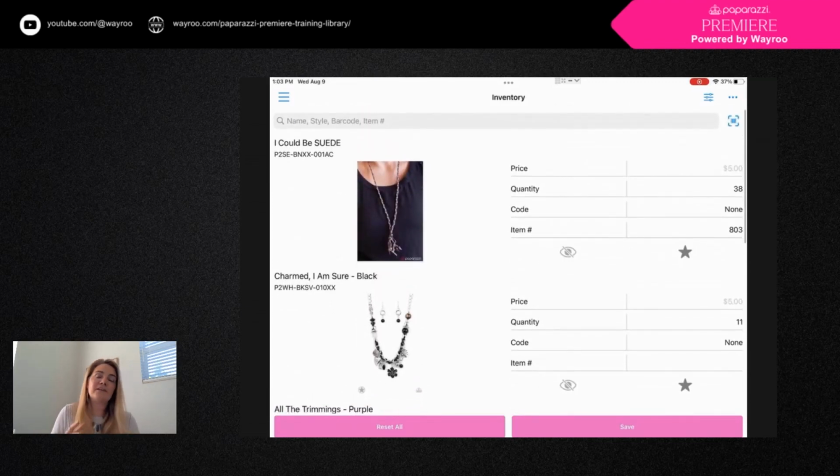So one of my favorite tips that I like to share about how to use the featured pieces is being able to feature those vintage pieces that you have in your inventory. Because your customers don't know that Paparazzi didn't bring those back and that they're not re-released. You have that opportunity to really sell that you got exclusive items that were brought back, and they were brought back for a limited time, and you snagged a few pieces. You can really drive sales through that featured piece